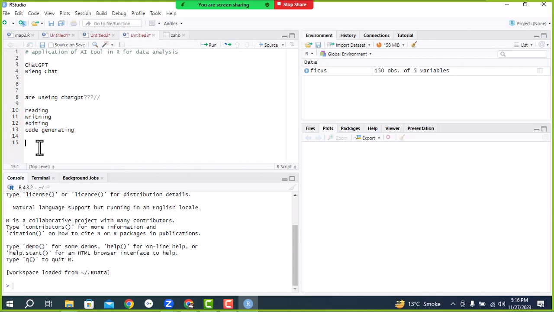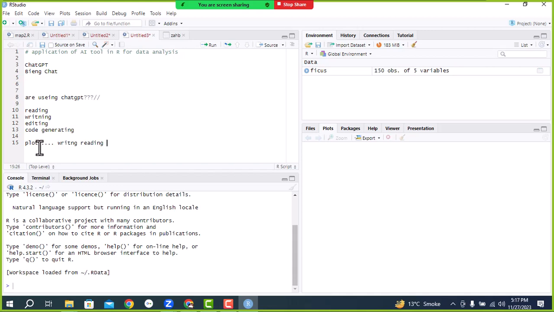Like in our first step, when we draw a plot, we use our writing and reading skill. Actually, R is a programming language, and each language like Chinese, Hindi, Urdu, Pashto, Arabic, French, English, each